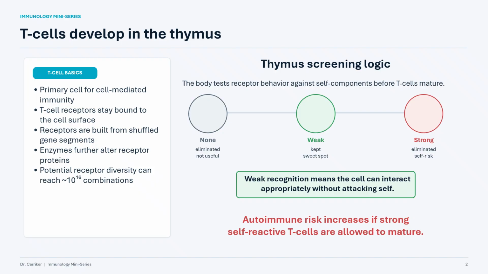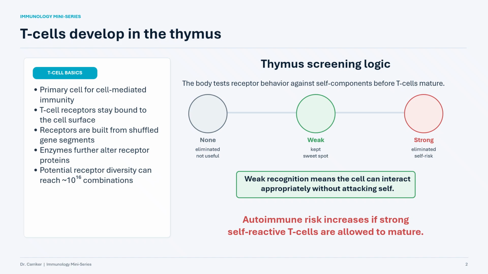So let's start with T cells. T cells develop in the thymus, hence T cell. The thymus sits in the mediastinum of the chest, right there in the center, and these cells are the major players in cell-mediated immunity. Unlike antibodies, which are floating around in body fluids, the T cell receptors stay attached to the cell surface. And that distinction is important because the T cells are designed to recognize presented antigen directly through the cell surface